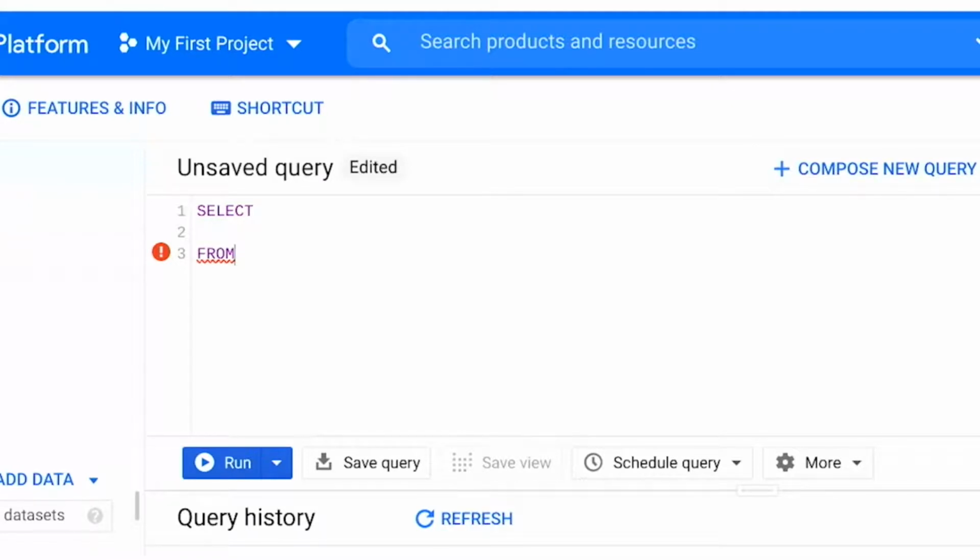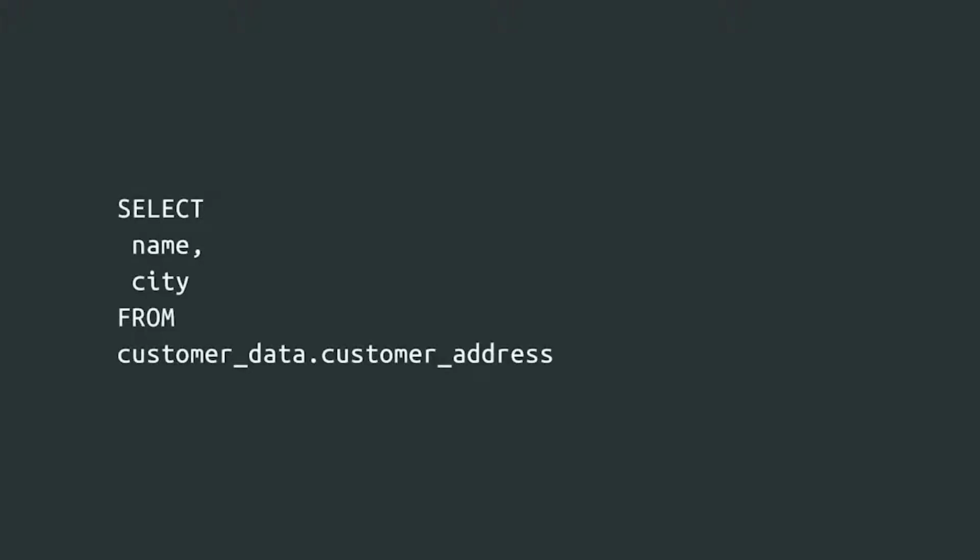To do that, we can input select name, city from customer_data.customer_address, to get this information from the customer_address table, which lives in the customer_data dataset. So select and from help specify what data we want to extract from the database and use.